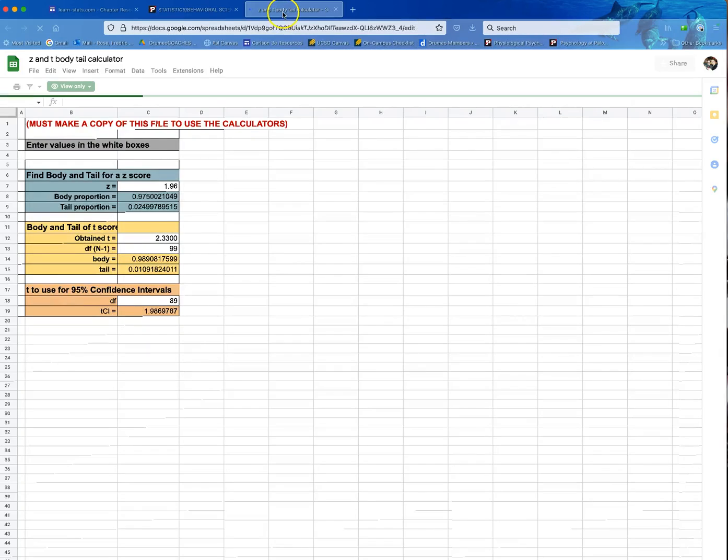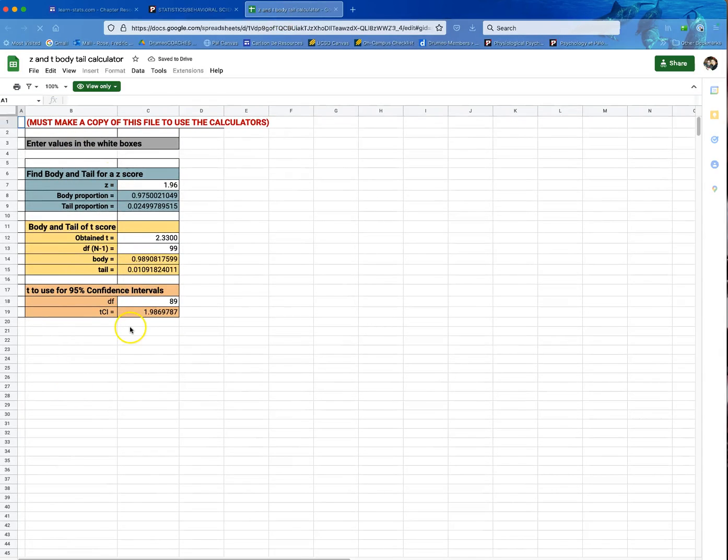Notice it opens up a new tab with this little calculator built in. And it won't work. If I click in these cells, I can't type anything, because like it says right here, make a copy of this file to use the calculators. In order to make a copy, you have to have a Google account and be signed in, and I'm signed in under my Google name.